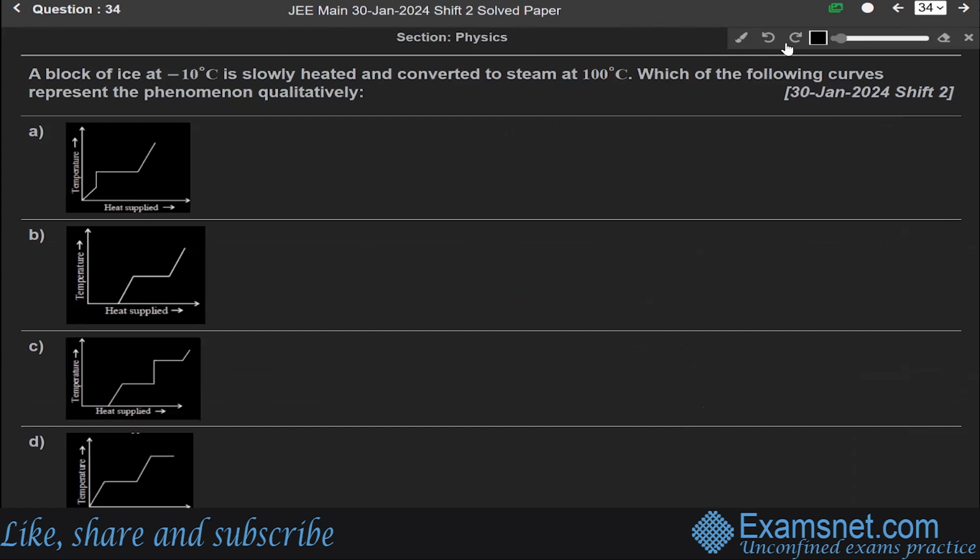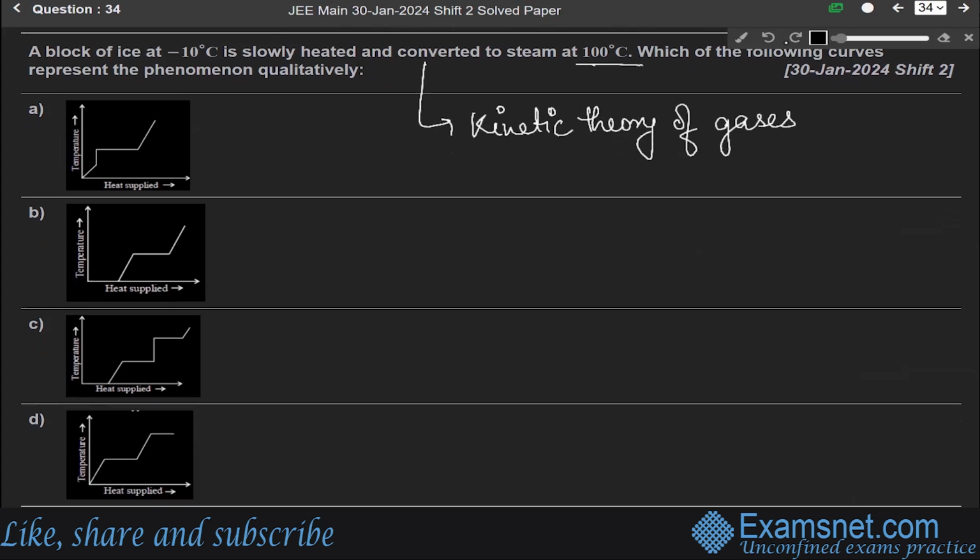Now 34th question. A block of ice at minus 10 degrees Celsius is slowly heated and converted to steam at 100 degrees Celsius. Which of the following curves represents the phenomena qualitatively? So this question is from the chapter of kinetic theory of gases. According to this question, let us say this is heat supplied